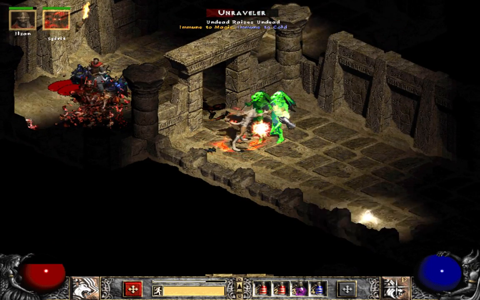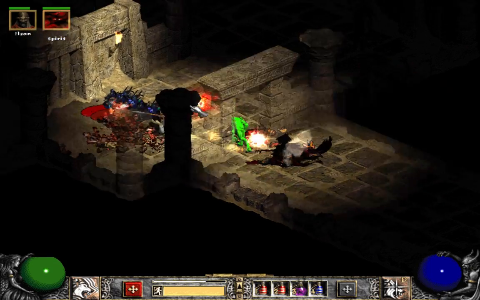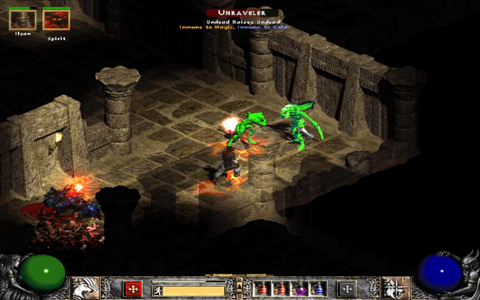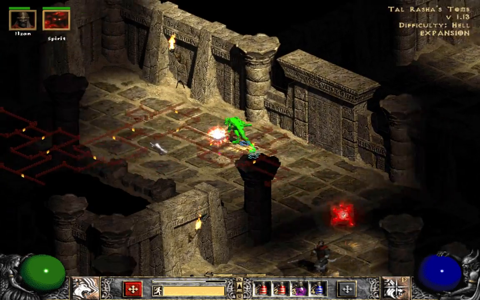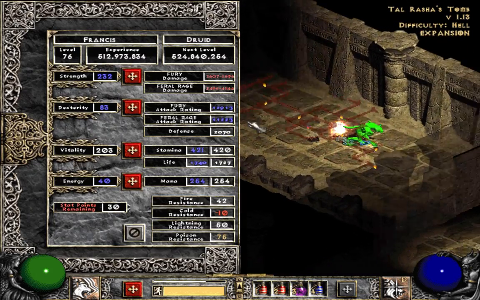Probably can get away with no lifesteal on your equipment at all. Although it might be nice to have some, and you don't need a life tab or life on kill. I mean, it's such a massive bonus. So that's the cool thing, is you can stack all these buffs, and your